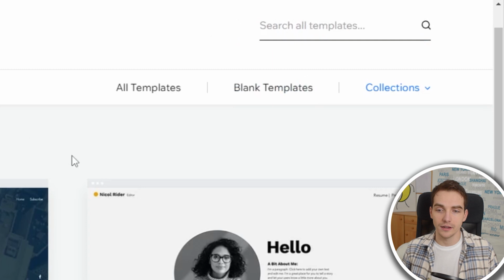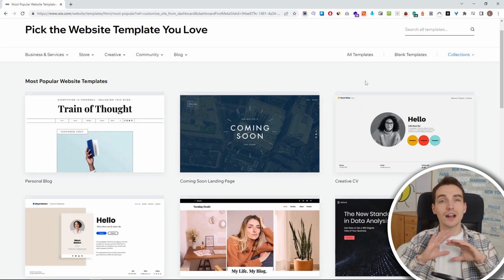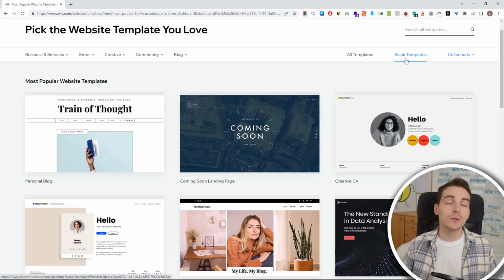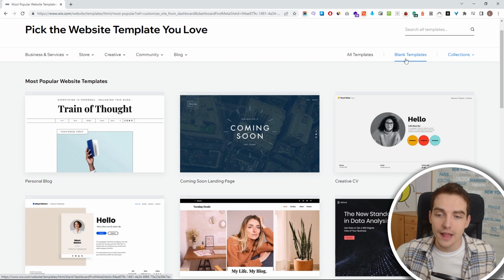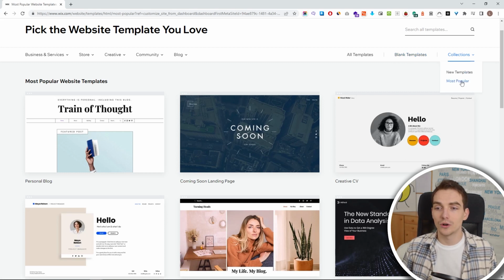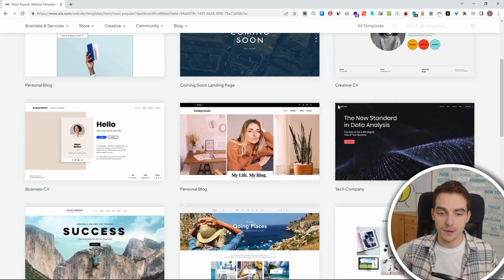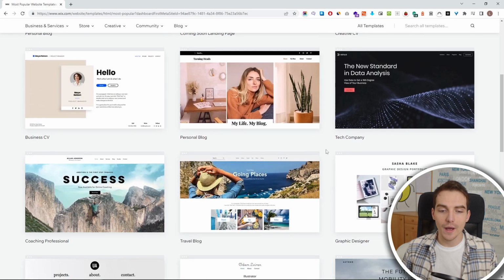Or you can even search for it inside here. Whenever you want to start completely from a blank page, just go inside here and click on blank templates, and it will create a completely blank site, and you can create something of your own. Now you can also sort this inside here. You can, for example, sort by most popular. This can be very interesting to see what other people are coming up with, and you can choose